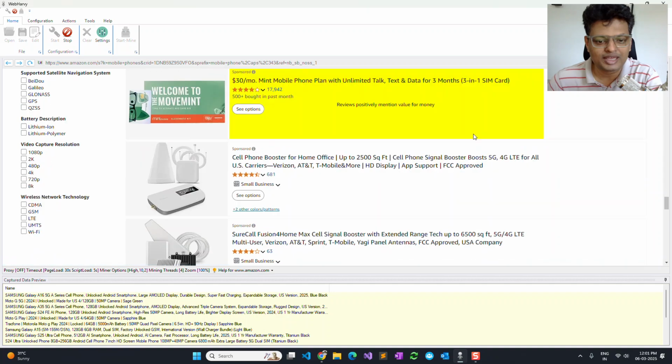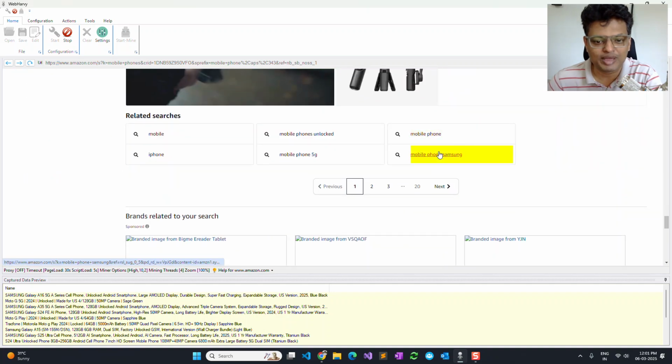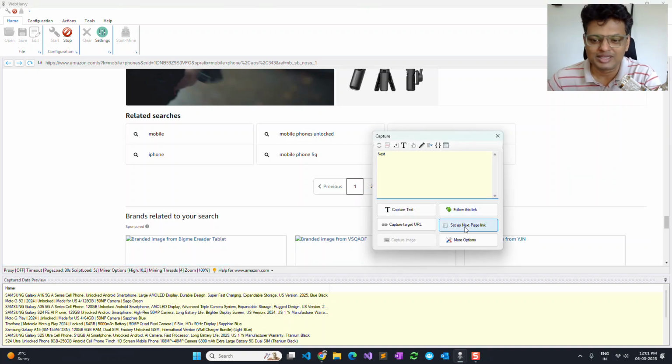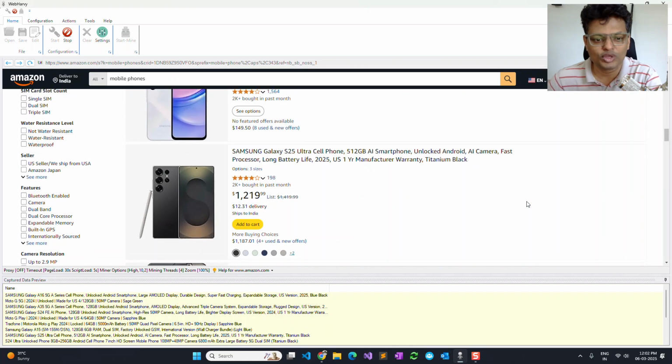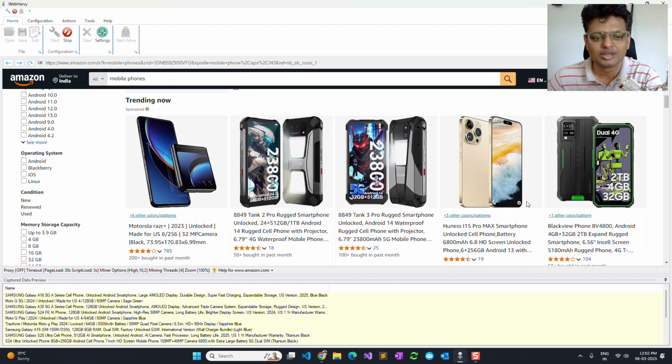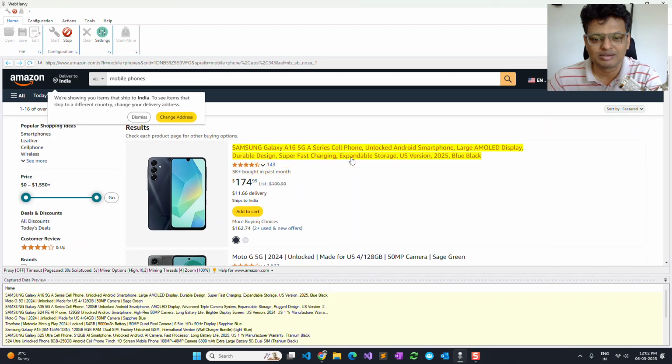And if I scroll down, I can see that these product listings span across multiple pages, and you can configure WebHarvy to scrape data from each of them by clicking on the next page link and setting it as the next page link. Now let's also follow each of these products to load its details page, from where we